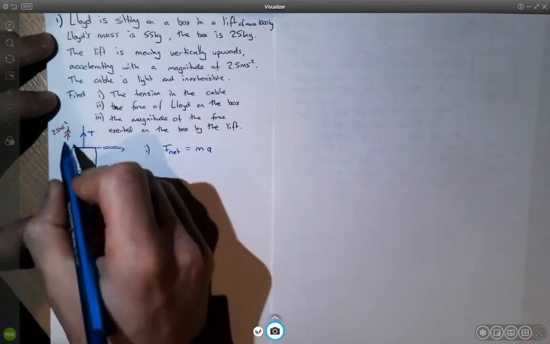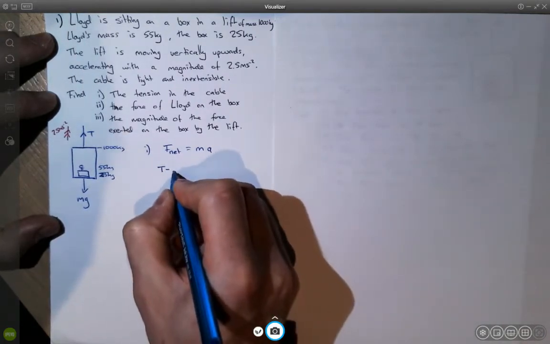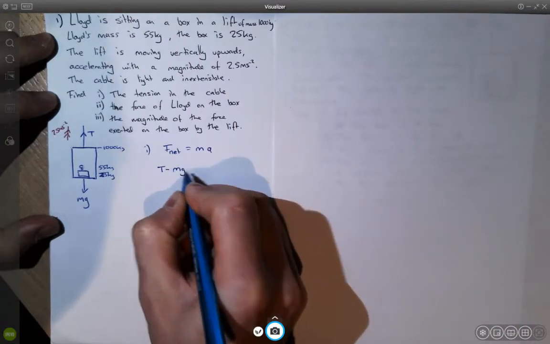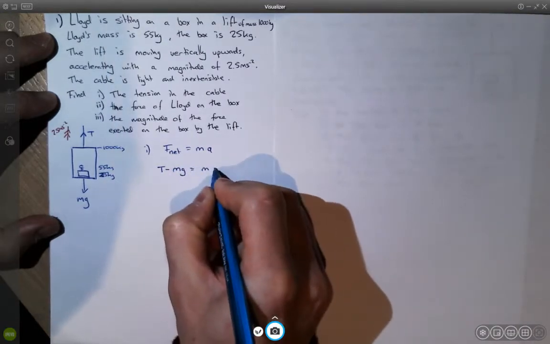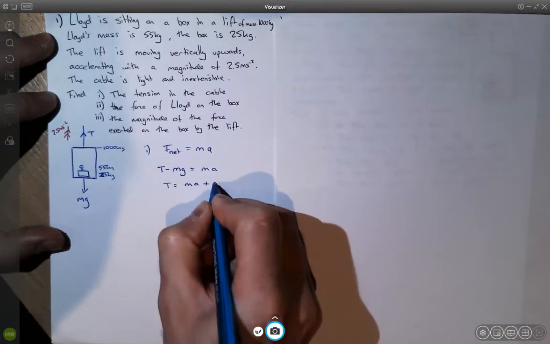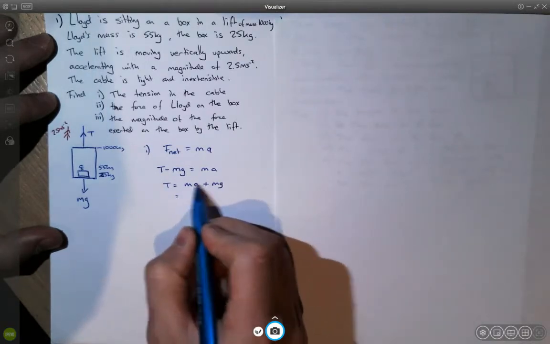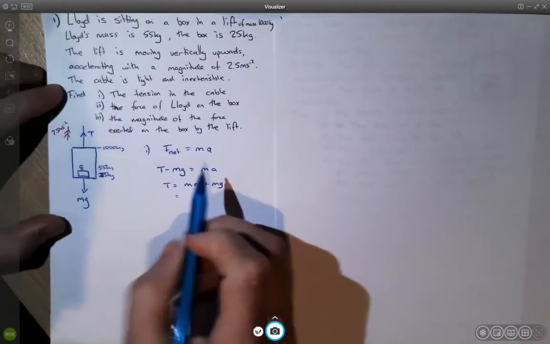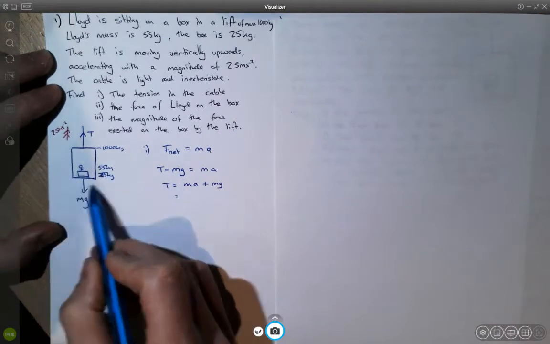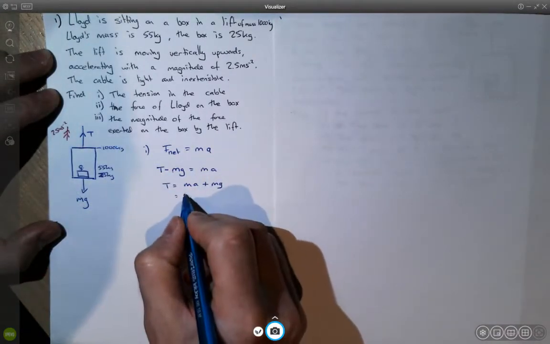So what is the resultant force? Well, it's accelerating upwards. So the resultant force is tension minus the weight. And that's going to be equal to the mass times acceleration. So the tension is obviously mass times acceleration plus the weight. So now, importantly, we need to make sure we've got the mass correct. Well, the tension is lifting the whole of the lift, so it's the combined mass of everything. So the combined mass is going to be